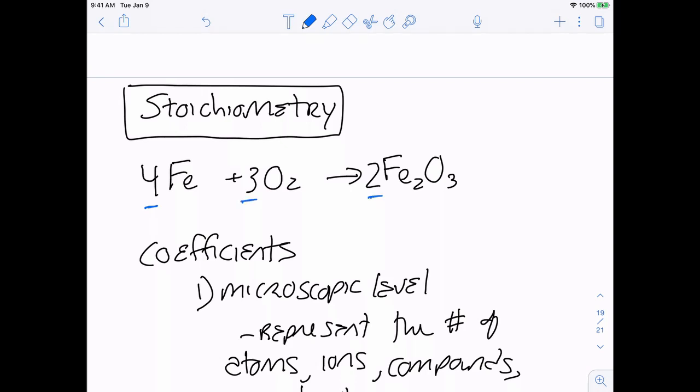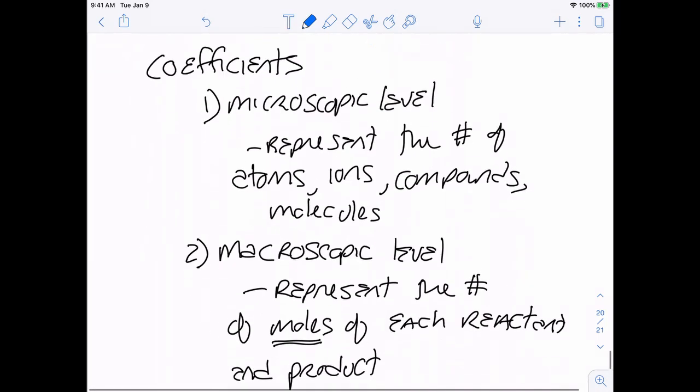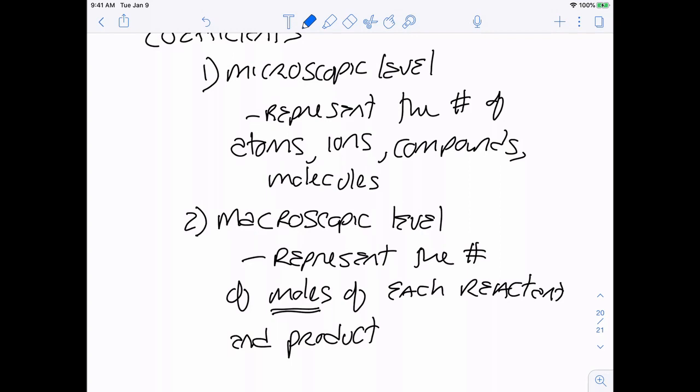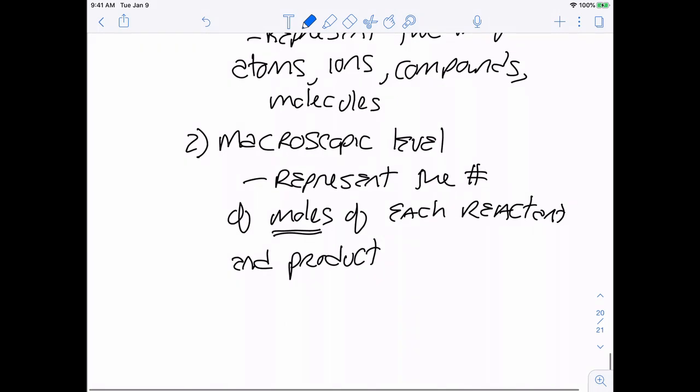If I'm trying to solve for the number of compounds, then I want to talk about the number of atoms of iron that go into it. If I want to figure out how many moles of my compound I'm producing, then I'm going to talk about how many moles of iron we're starting with. So microscopic and macroscopic level, it does represent both of those things, and the one I use just depends on what I'm trying to solve for. In the stoichiometry section, we're generally going to be focusing on the mole portion, so we can say that those coefficients